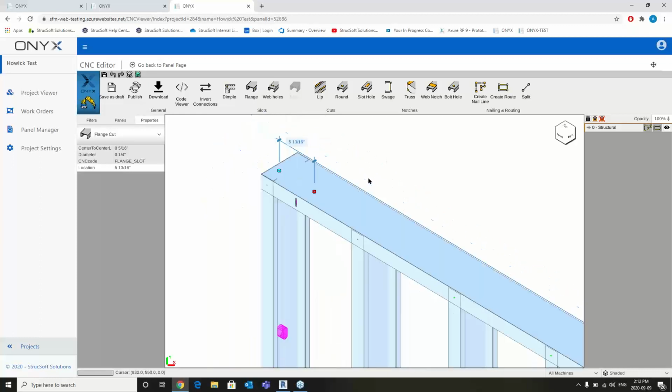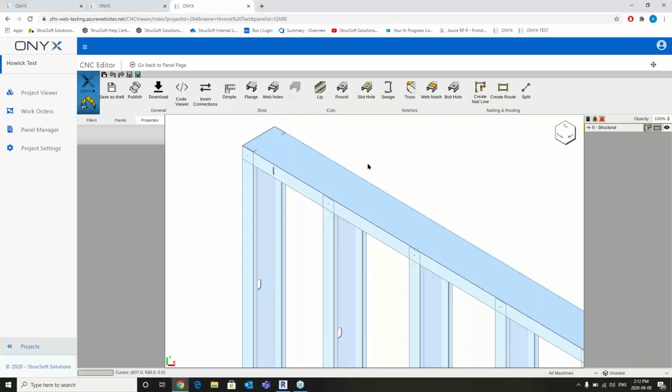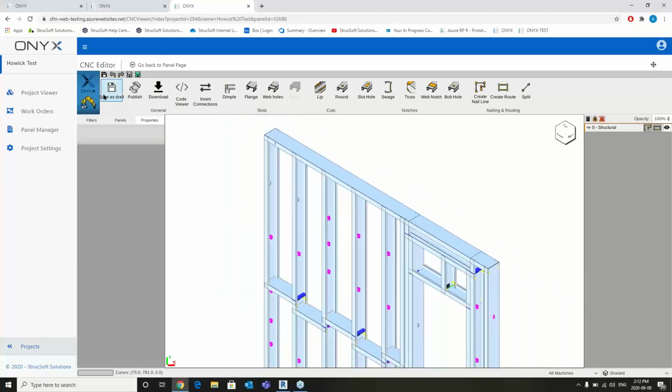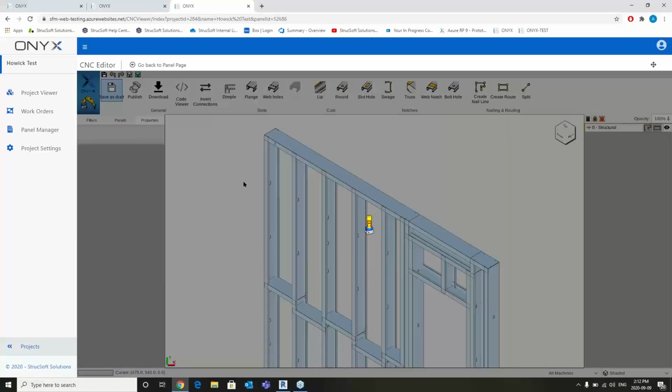So once that's in, again, as I mentioned before, save draft and publish. Save as draft is, if you've done any changes, you can do save as draft. Now this isn't going to necessarily push this into your CNC files yet. It's not going to make it official. So if I do save as draft,